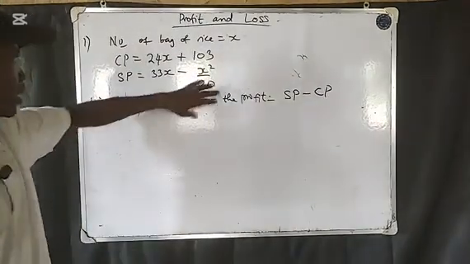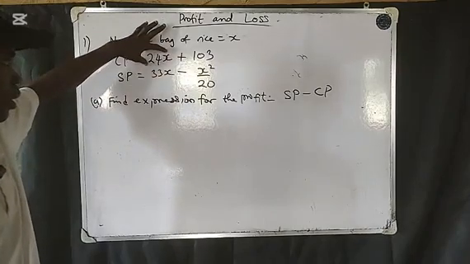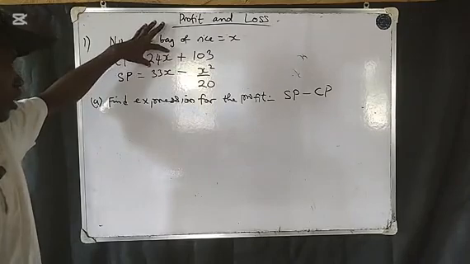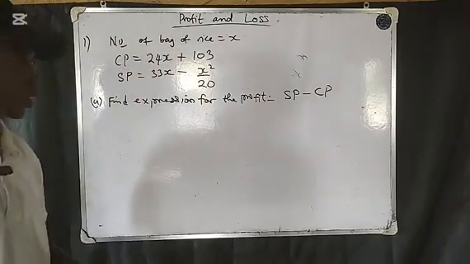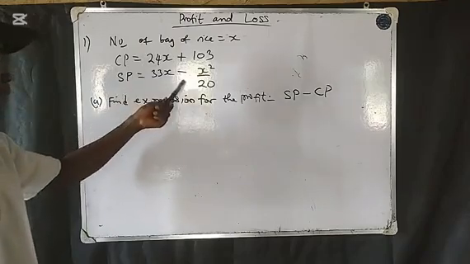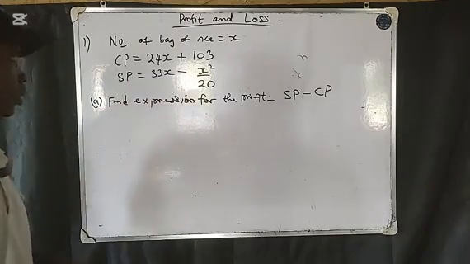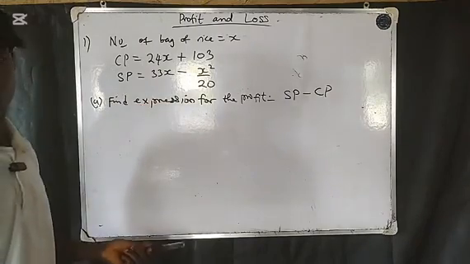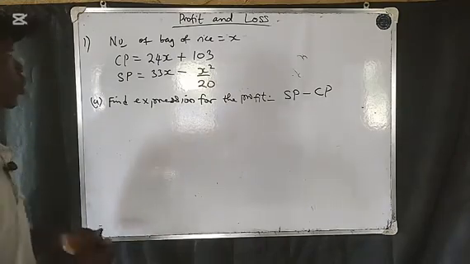That means this SP minus this CP. They want you to subtract CP from SP. That's the expression. They call it expression because the value of X is not known. So you just call it expression. So we write